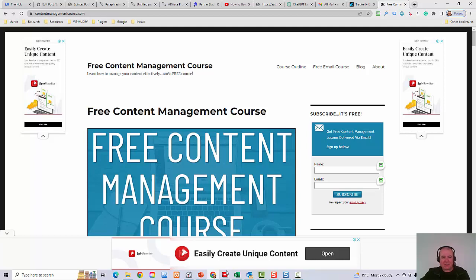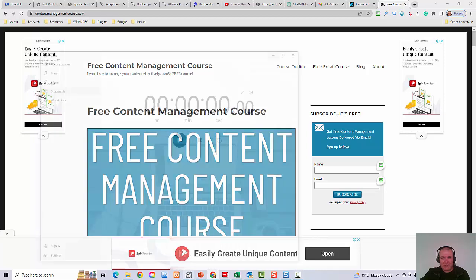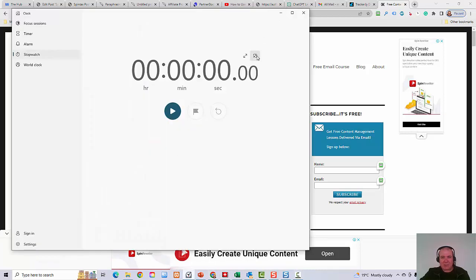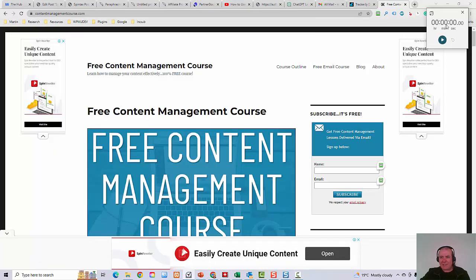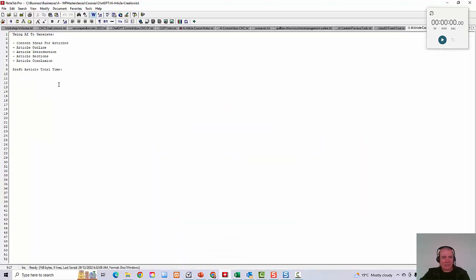So what I'm going to do is we're going to use the tool. I've got a little timer as well. See, I've got a little timer. So when we are doing each of the sections, I'll run the timer and then I'll add the total time it takes to each of the sections. And at the end, we can make an assessment of how quickly the tool helped us write content. And obviously, we're going to determine what kind of quality this content is.